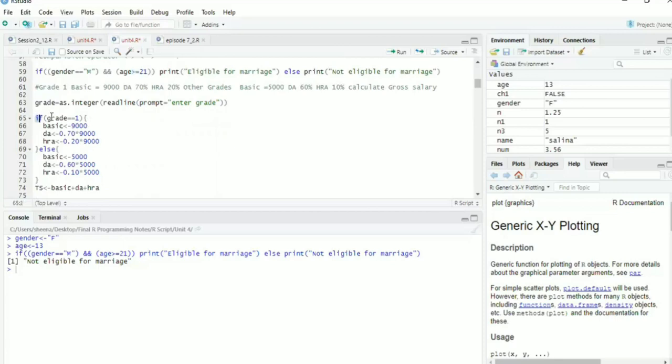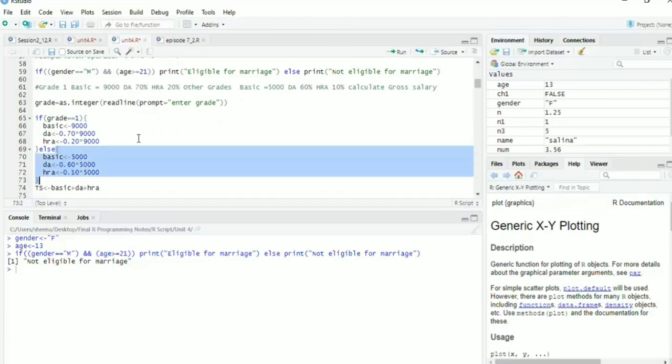If this condition is true, the entire block will be executed, and if the condition is false, this else block will be executed.